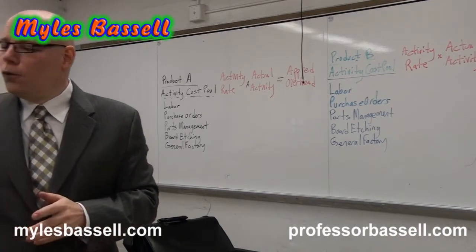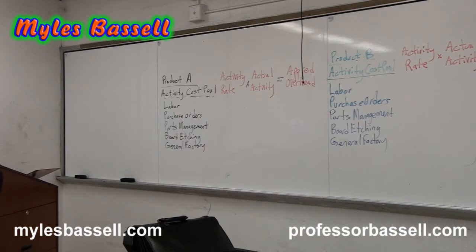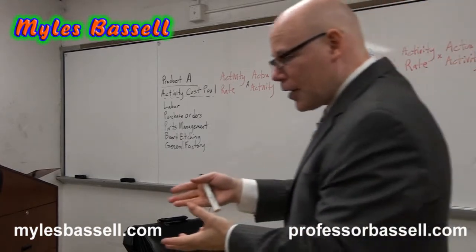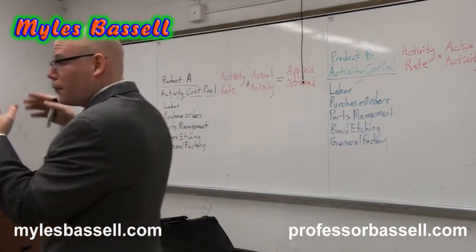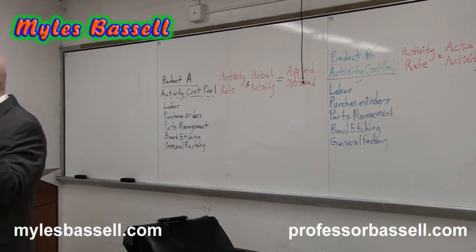Because we really don't know, is it from product A that we made in the facility? Is it from the CD player that we make in the facility? Is it from the DVD player that we make in our facility? Is it from that flat panel, high definition, 1080p,